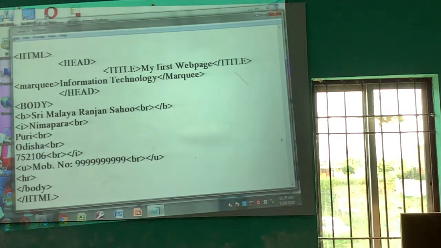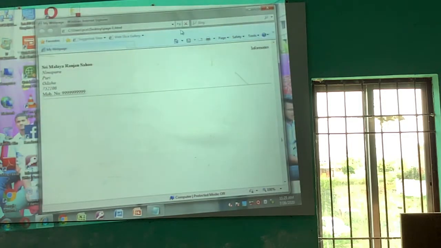Save it, minimize it, and refresh it. This is the refresh button of the Internet Explorer browser. Refresh. My first web page is also displaying in the title bar.